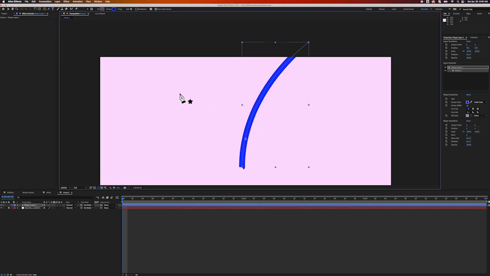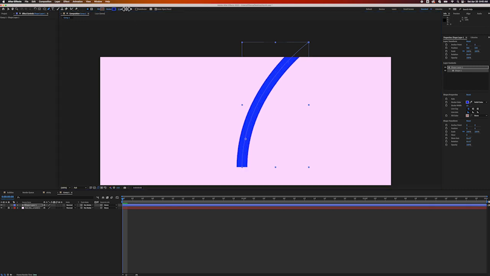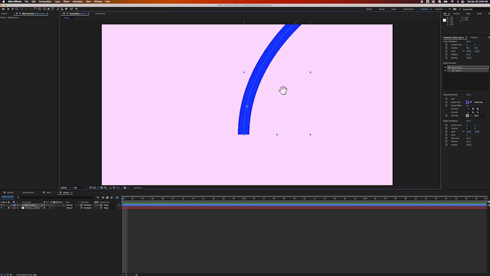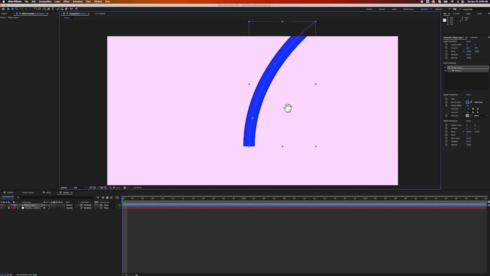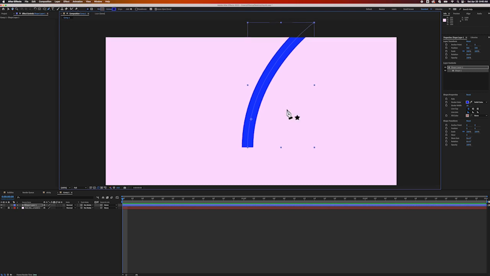So the first thing that we're going to do with the stroke is make it fairly thick. This is going to be our water popping down into the screen and filling up a shape eventually, but we're going to work on the water pouring in, or the liquid pouring in, first. Okay, so I'm going to hit my selection tool because I don't need my pen tool anymore. On the shape layer itself,